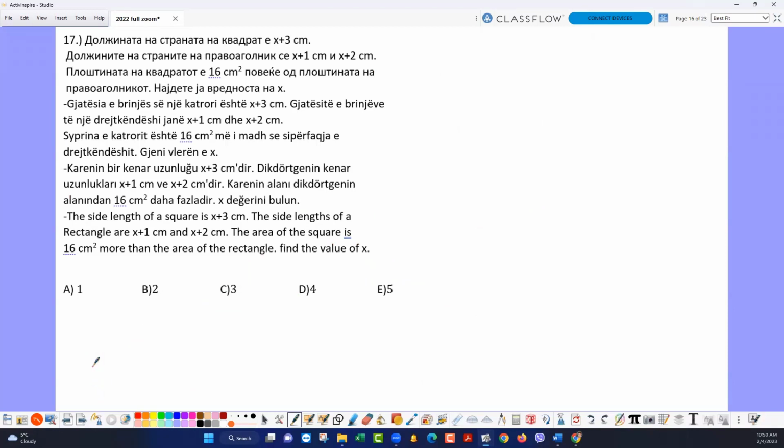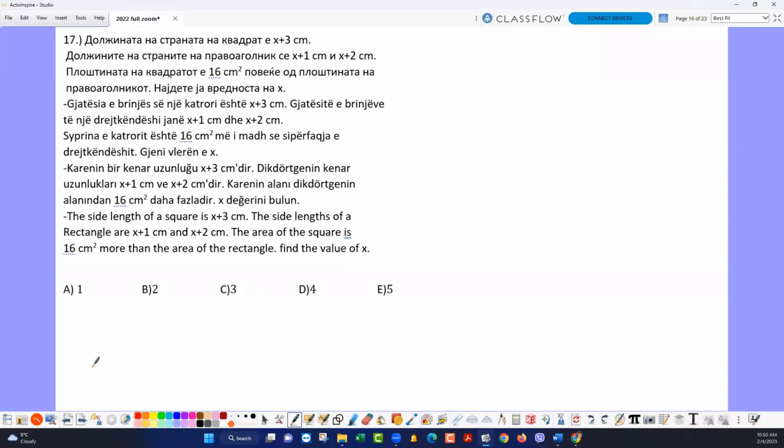Here again is a text question, but again we are going to construct an equation here. It seems like a quadratic, but it is not quadratic. I'm going to explain why it is not. The side length of a square is x plus 3, and all the sides in this square